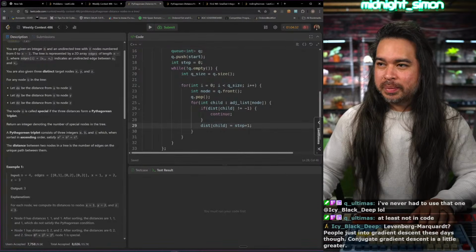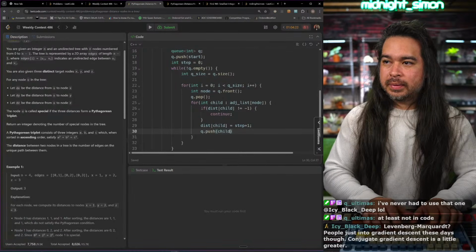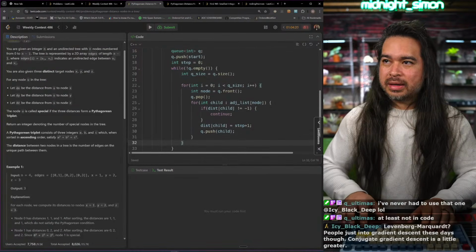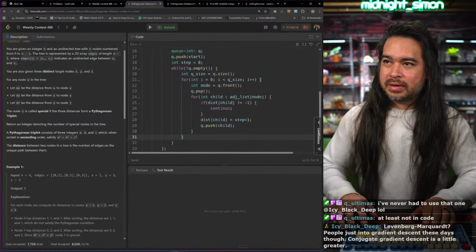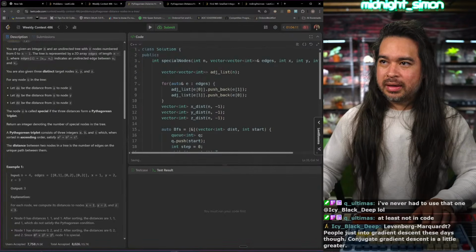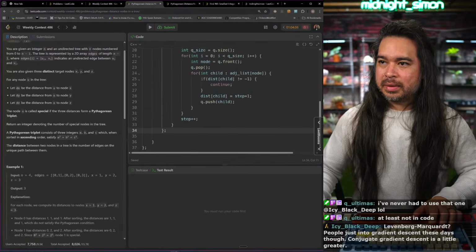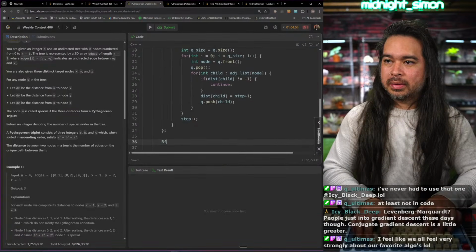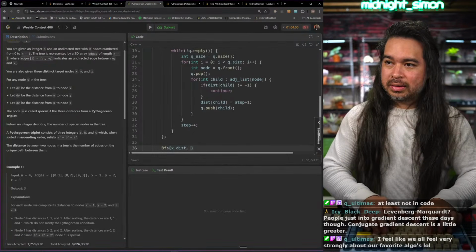What was I doing? Setting the distance. That's what I'm doing. And then pushing it to the queue. Anything else I gotta do? Yes, there's something else. I gotta increment the step. And then at the end, basically I just run the BFS 3 times, yeah? What does the BFS take in? X dist and X